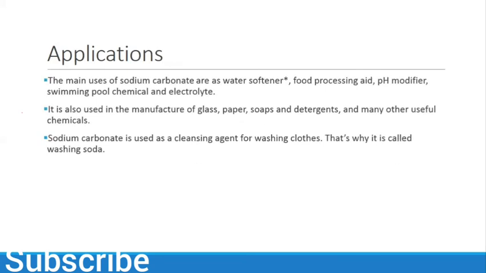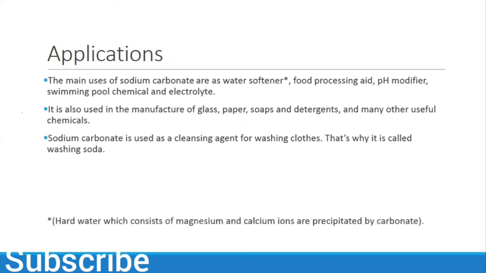So what are the applications of sodium carbonate? The main use of sodium carbonate is as a water softener. What is a water softener? Hard water which consists of magnesium and calcium ions are precipitated by carbonate ions. So if you mix hard water which contains magnesium and calcium, you can precipitate by carbonate, which is sodium carbonate. The same principle is used in food processing aid and pH modifier, swimming pool chemical and electrolytes. So if you have to remove some chemical, you can use sodium carbonate. It is also used in the manufacture of glass, paper,